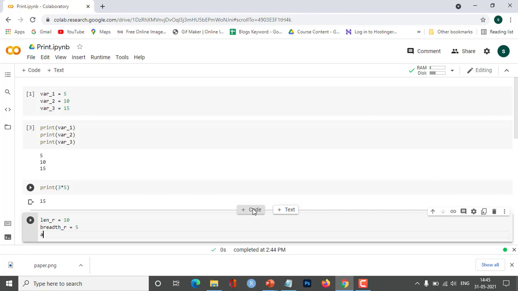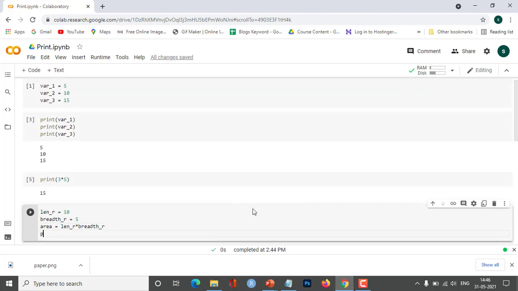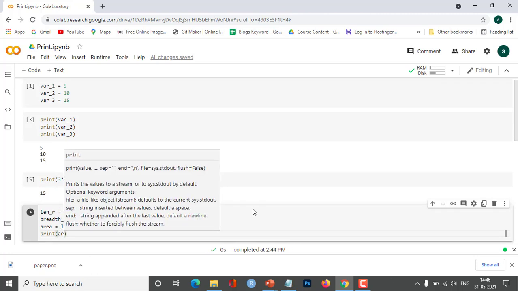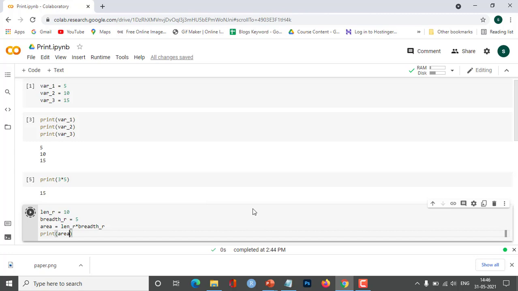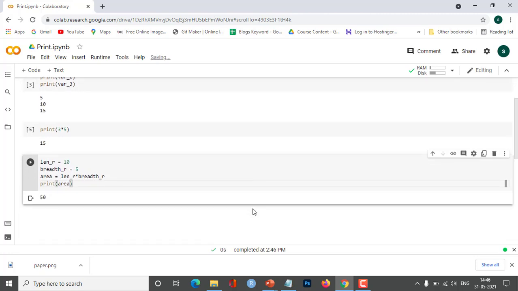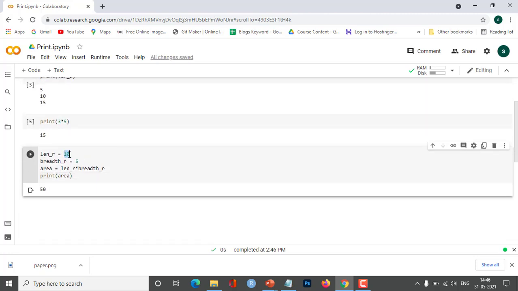Now we'll write an expression, area equal to length_r times breadth_r. After this I'll write the print function, and inside it I'll print the area. Now I'll run this. It should give us the area as 50, that is 10 times 5.